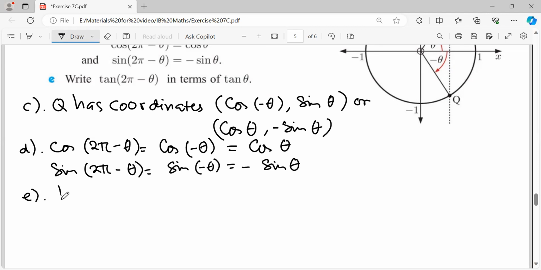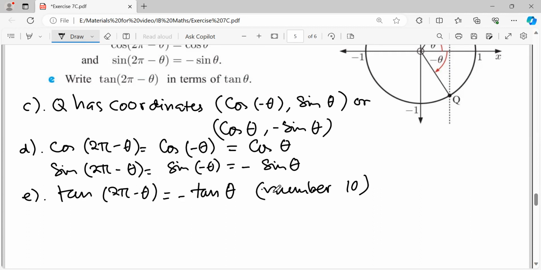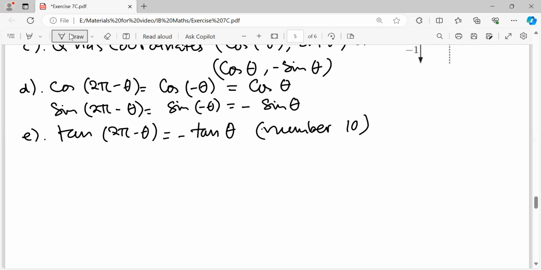E: tangent of 2 pi minus theta equals negative tangent theta. On number 10, we learned this already. So tangent of 2 pi minus theta equals negative tangent theta on number 10. You may check. Right. What else? Next,